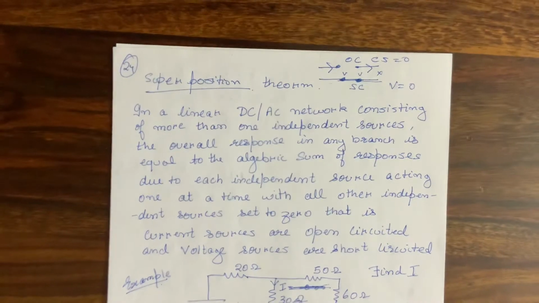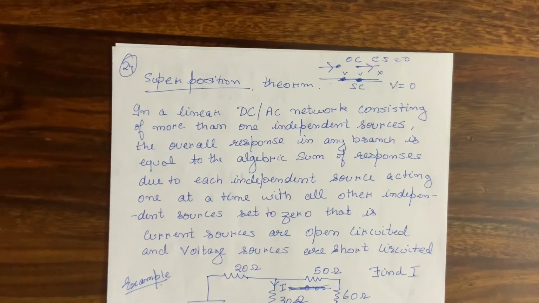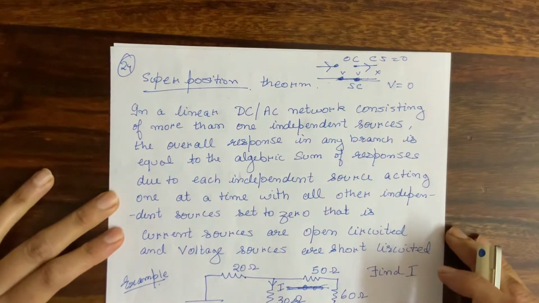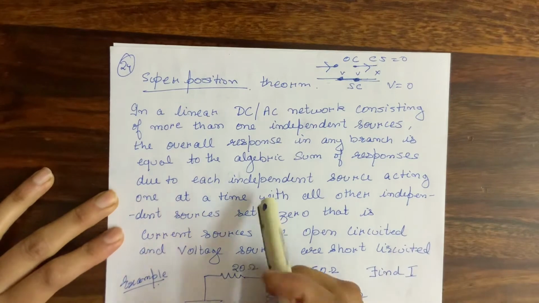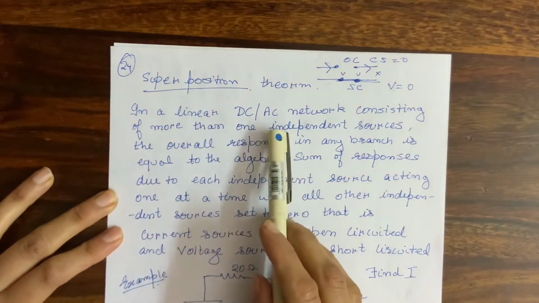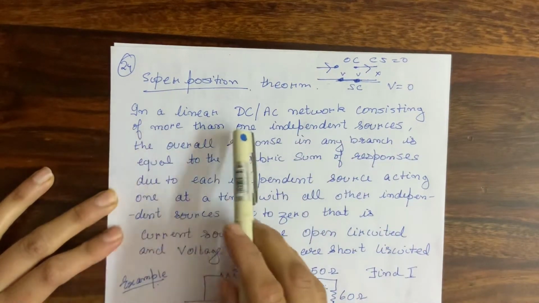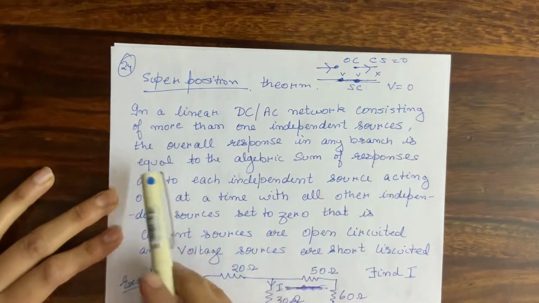Hello everyone, today I am going to discuss superposition theorem. It is a theorem which is considered in basic electrical engineering or electrical technology. What it states is that in a linear DC or AC network consisting of more than one independent source, the overall